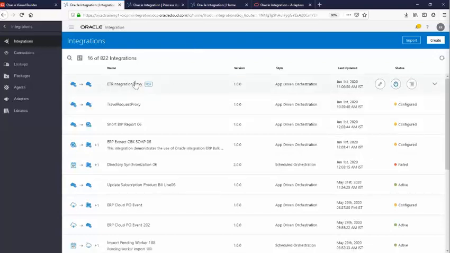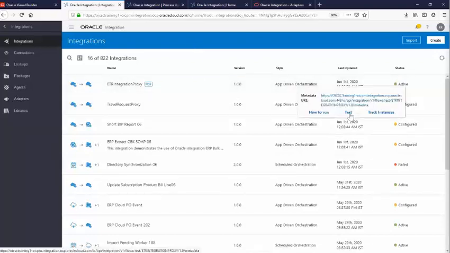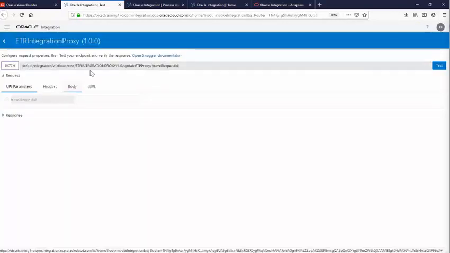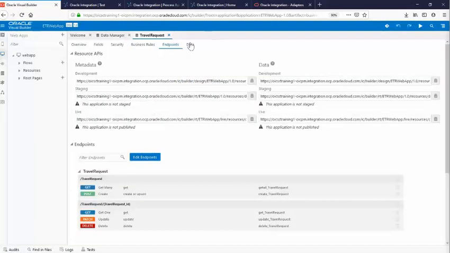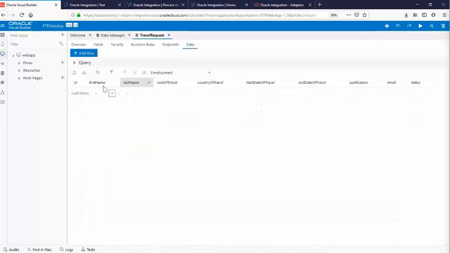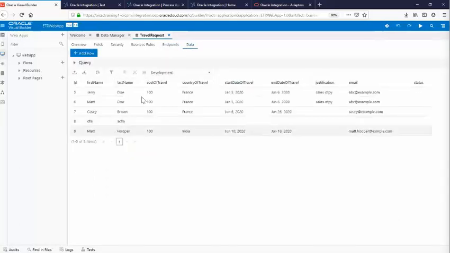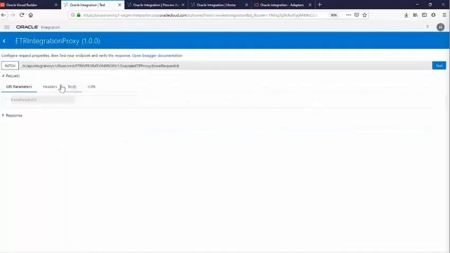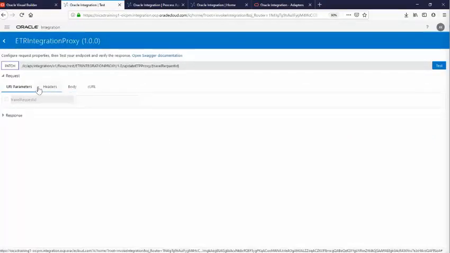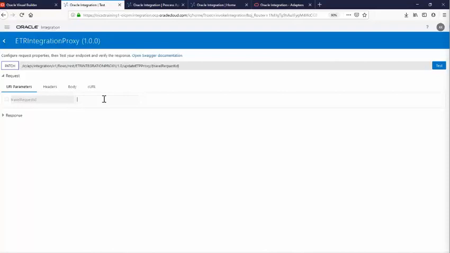So you have an integration which is created, and you can quickly test this also, like doing a unit test. For our integration, let's see what data is there in our business object that we imported here, and I see that there are a few records in this particular business object. Let's take an ID of 9 and see if we can update the status using this integration test here. So let's use a parameter called travel request ID as 9, and in the body,